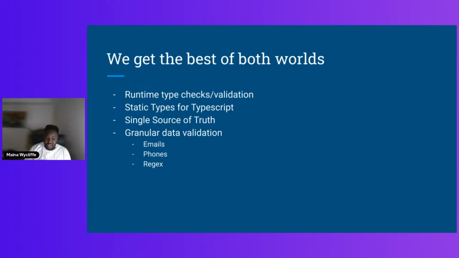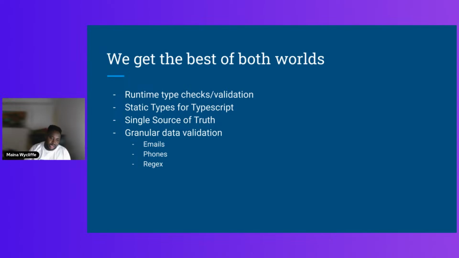And then the third one, which is huge for me, is that we have a single source of truth. This means we don't have code duplication, and things are not going to get out of sync because someone updated the schema and forgot to update the TypeScript type, or someone updated the TypeScript type and forgot to update the schema. In large projects, things can get a little bit disorganized as the project grows and scales out, and it gets out of hand. This thing had to happen, and it takes someone to catch it